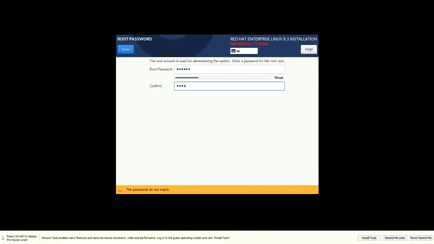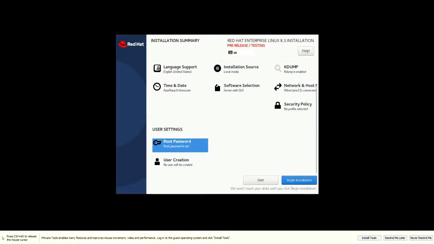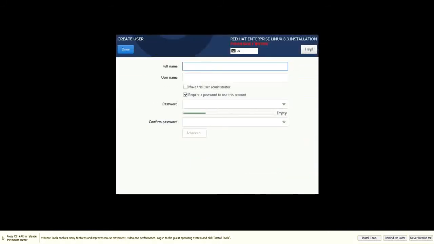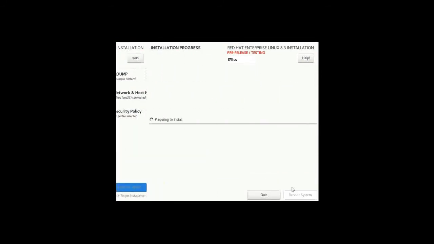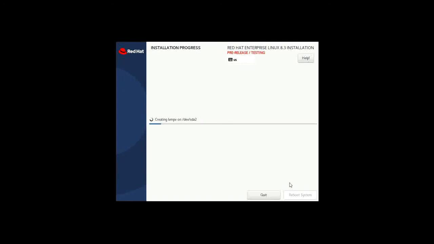You can also create new users with different roles here, but it is not our need right now. So everything is ready here. We can now directly move to begin installation, as we are good to go. Hit the button to begin installation. We can also change directory structure and naming conventions, but these are for advanced users, so we will go with the simple installation. You can see that installation has begun.